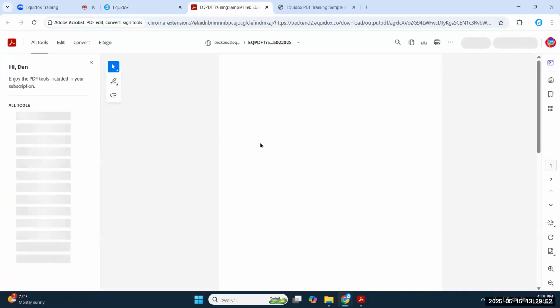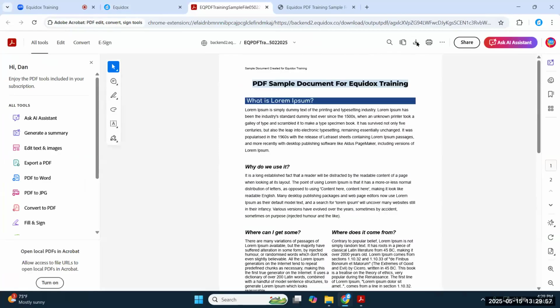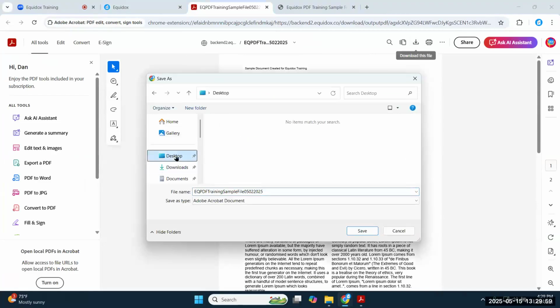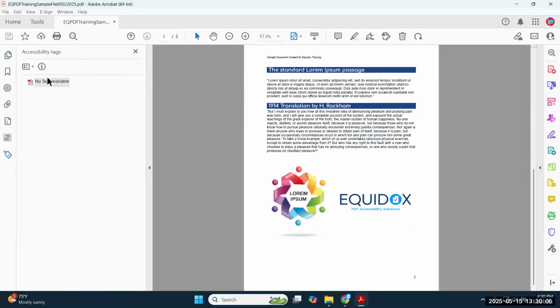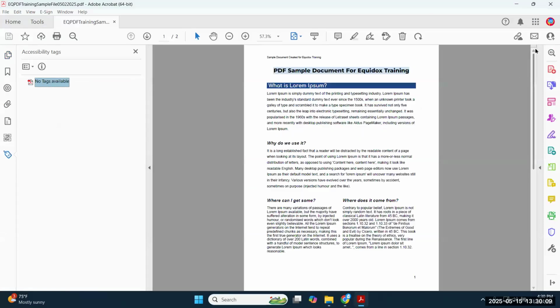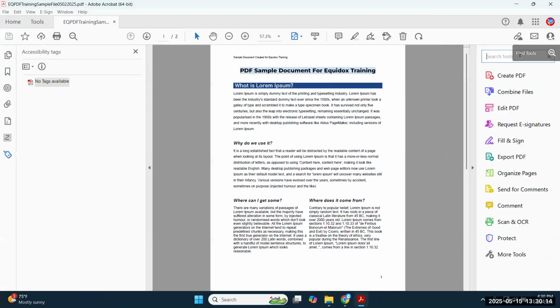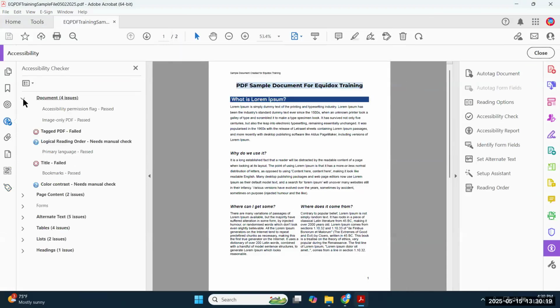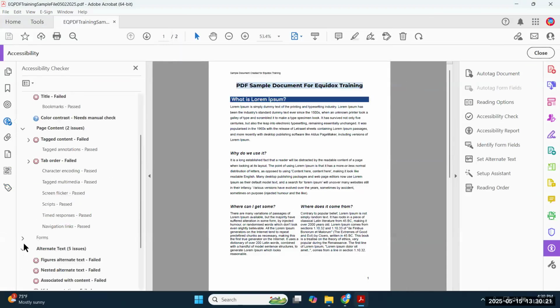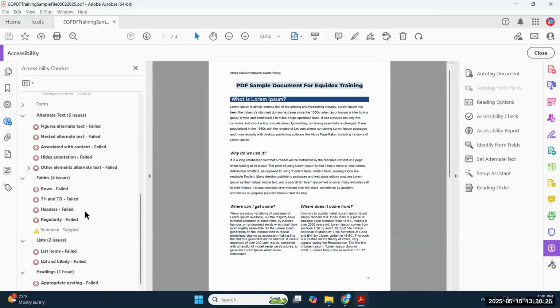So you can see when I open it up here, it's the same file that we started with. But if I were to download this version of it, and I'll put this one on my desktop just so I don't get them confused, I can go to the original, which is here. And of course, this is an untagged PDF completely. And if you run the accessibility checker, which is just kind of a standard workflow for people working in accessibility, you can see that it lights up with all kinds of different issues because it's an untagged PDF. Therefore, virtually everything is wrong.